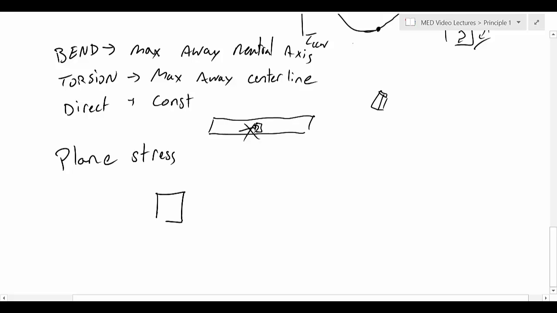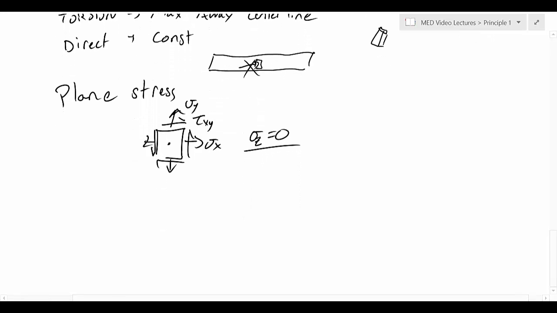It looks like this, same as when we were talking about 2D. However, we want to consider the fact that there is, in fact, a stress value there of 0. And it becomes important, and I'll show you why. So we've got sigma x, sigma y, and some sigma z, which is 0. So if we go back to our Mohr circle,